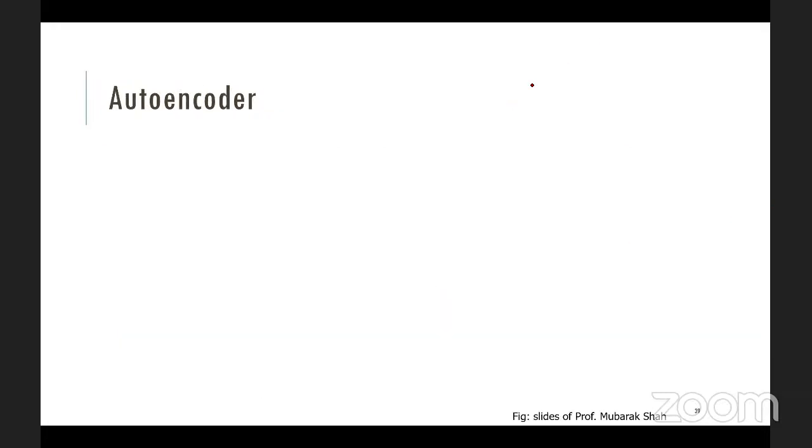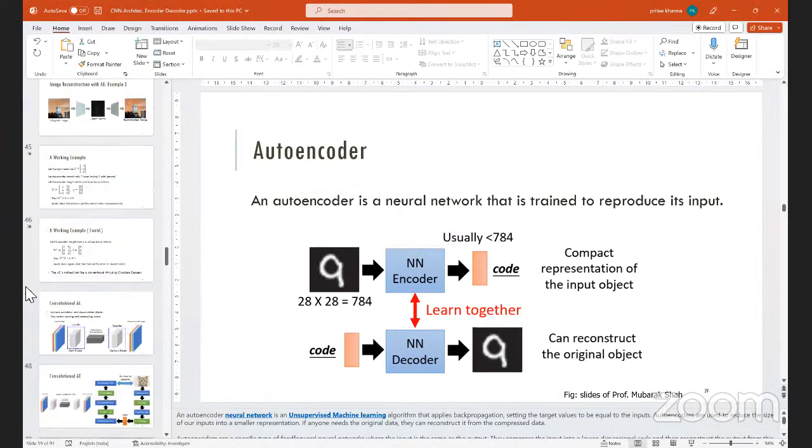Now, let me first discuss the thing for which you are supposed to do the lab, and then I will come back to the autoencoder, right? So let me first of all,